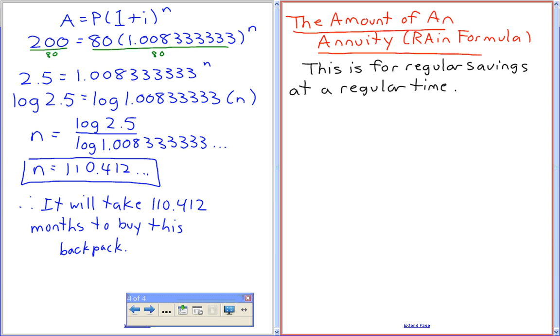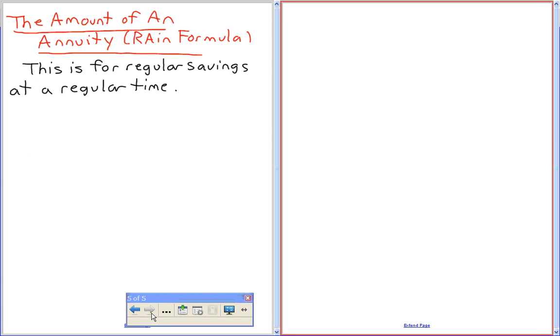Yeah, well, exactly. That's what it is, right? So they get a certain amount on a fixed time. It's the same thing. So this equation is called the RAIN formula. I don't even know if we're going to do it on the next board. Okay, this equation is much more complicated. That's called the RAIN formula right there.